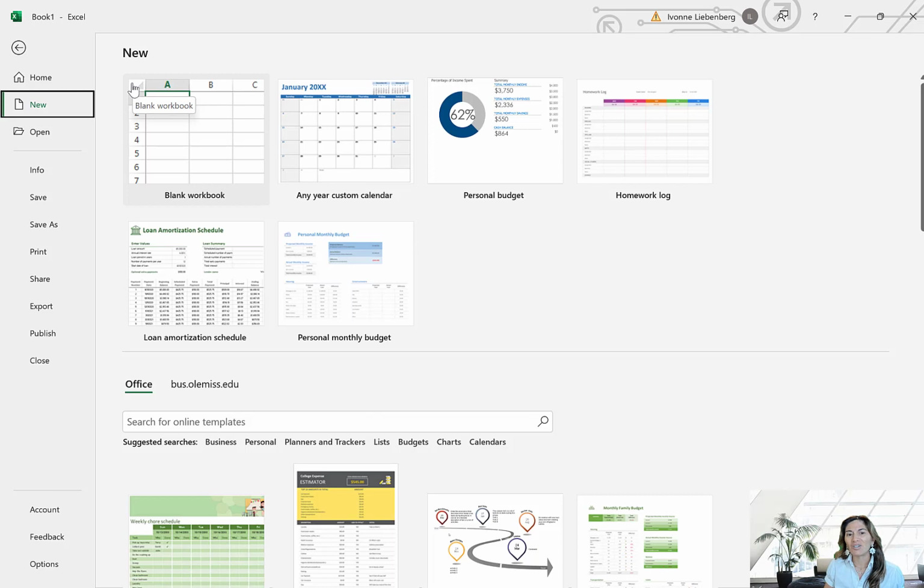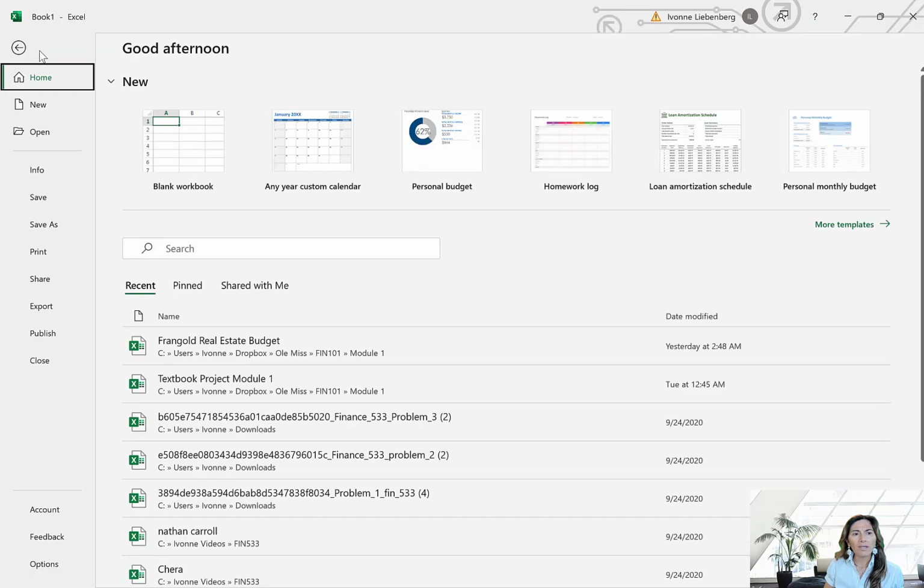Maybe even take a screenshot of a new spreadsheet, new worksheet that you've created. Tell us how you're using it. I would love to hear feedback from you, and maybe some of you can get ideas from your classmates as well. All right, so I'm going to go back to the regular templates that I typically use, because here I